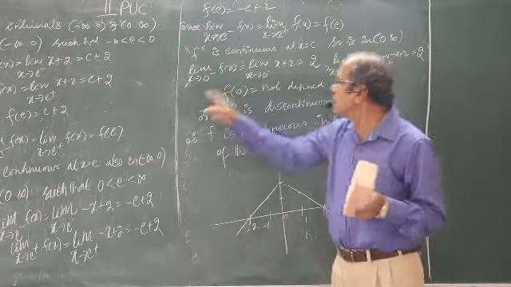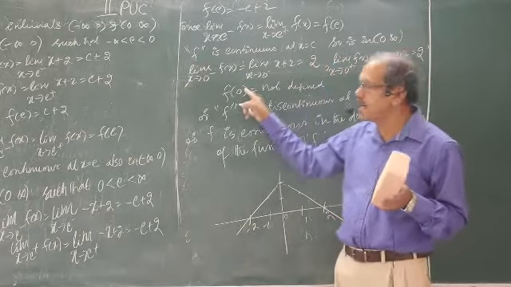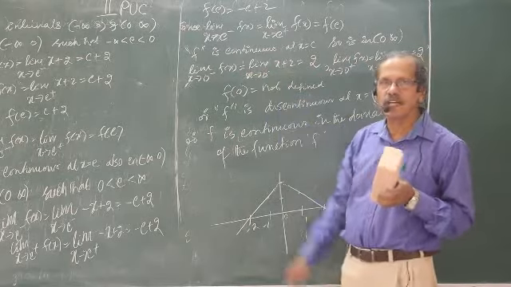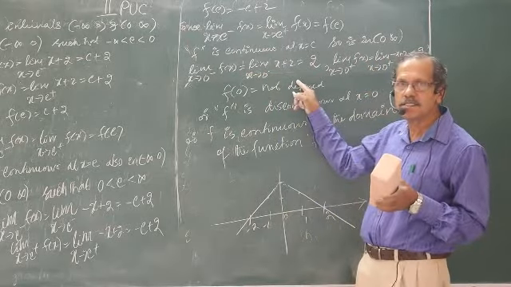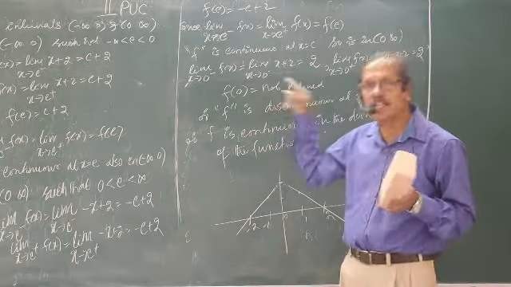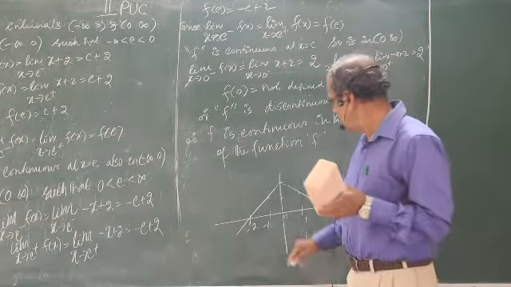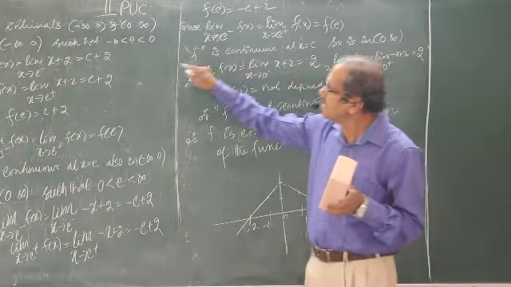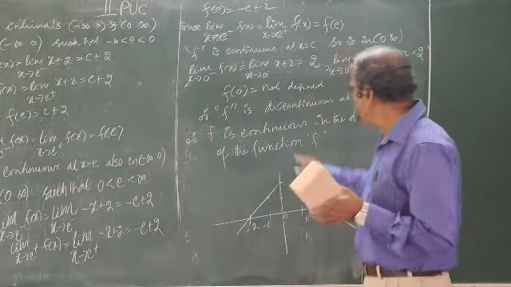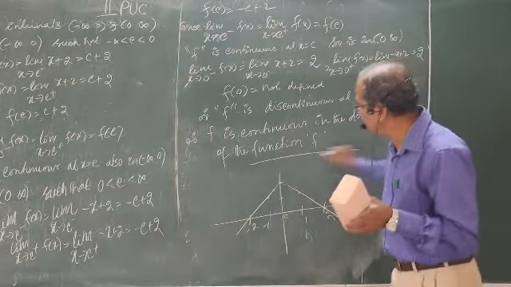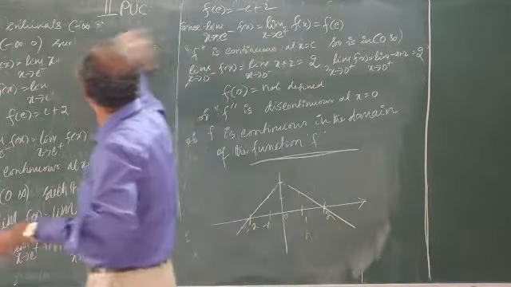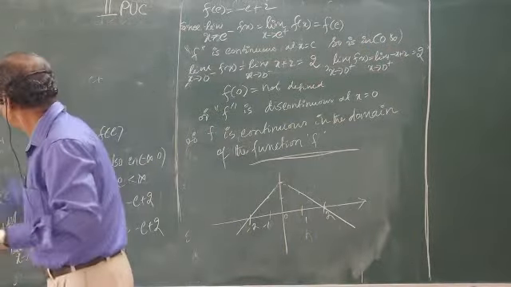This part actually is not at all necessary. It is written here only to make you understand it better. What about at x equal to 0? It is actually discontinuous, not continuous, because the function at x equal to 0 is not defined. But the question is whether it is continuous in the given domain. Yes, no doubt, it is continuous. f is continuous in the entire domain of the function. Right? Next, one more example.